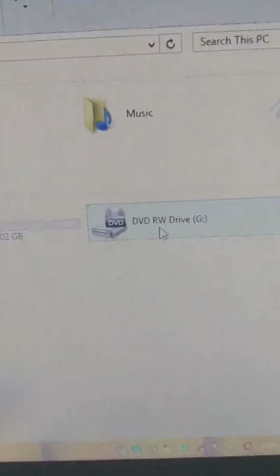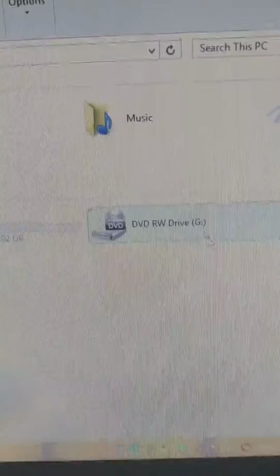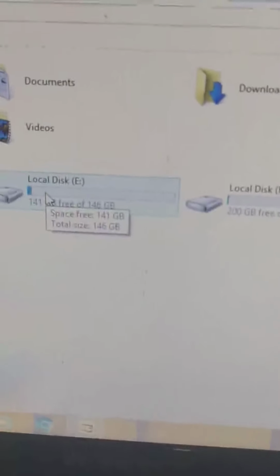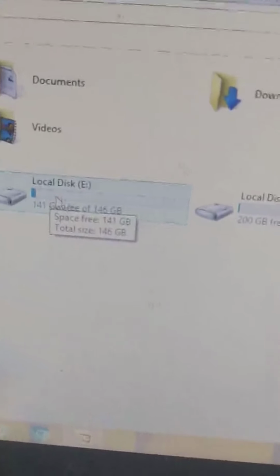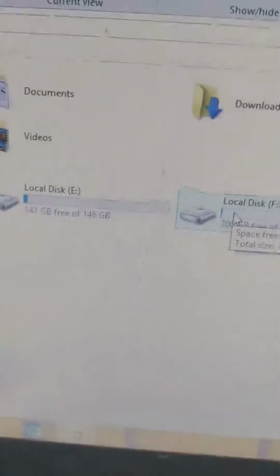RW stands for read write drive and its alphabet is G. That means this drive can be used for opening a CD, and these two drives in between can be used for opening a small portable device which is a pen drive.